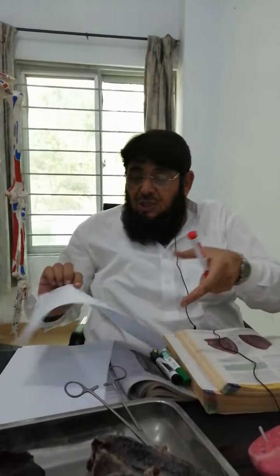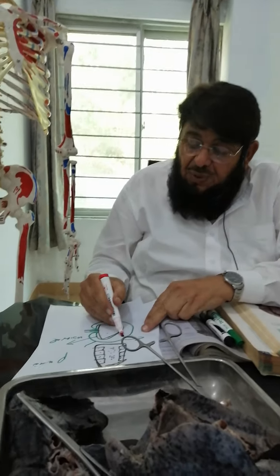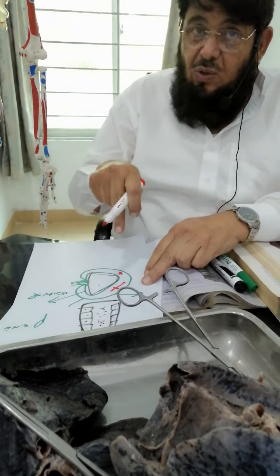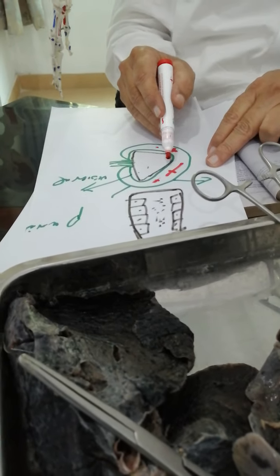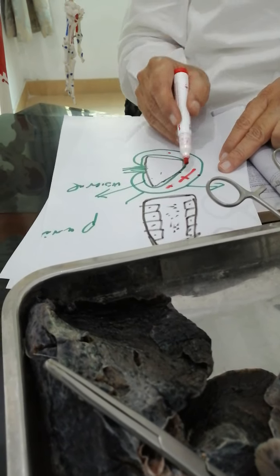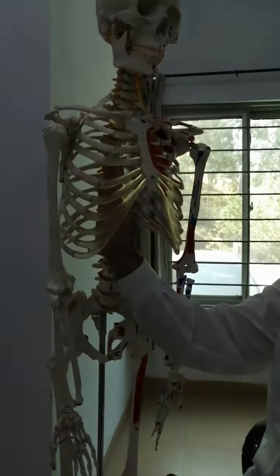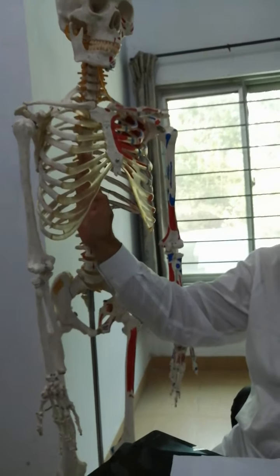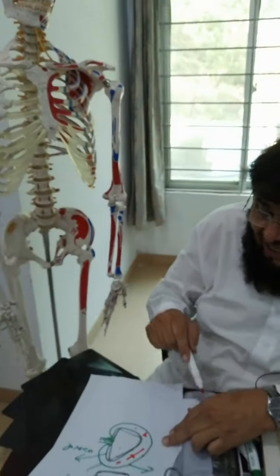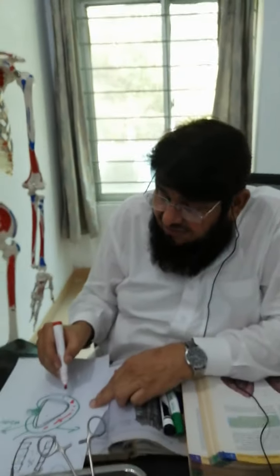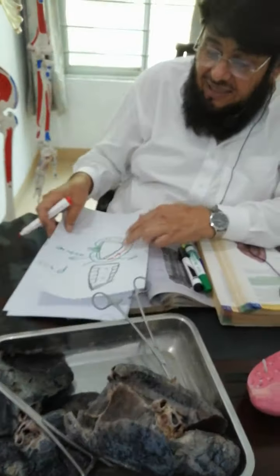All right. And the space between the parietal and visceral layer, as I showed you over here, this space is very thin, and almost the visceral and parietal layers are in contact with one another. As in the example I gave, you push the lung in from the medial side into the balloon, so that the medial wall of the balloon touches the lateral wall. So the two layers are in contact with one another, with a thin film of fluid being secreted by